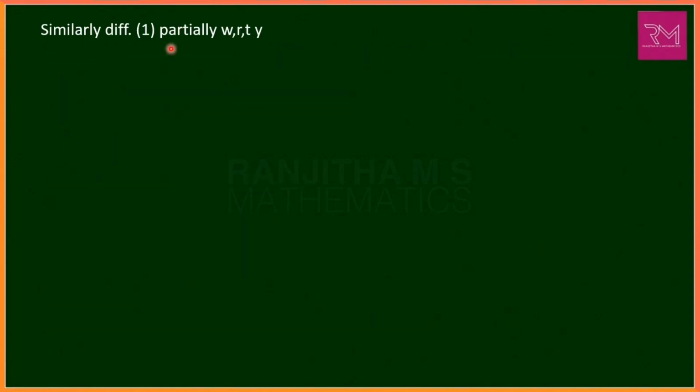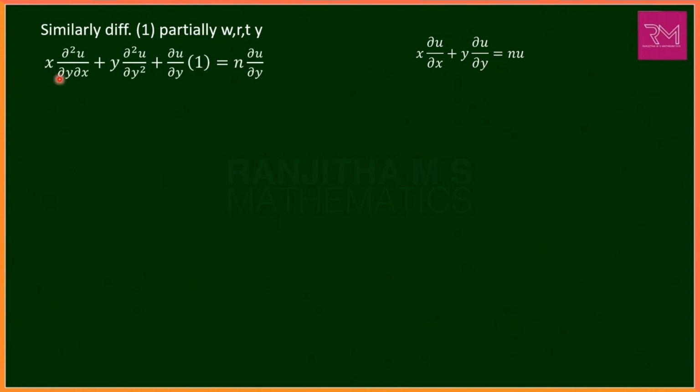In the similar way, we have to differentiate equation 1 partially with respect to y. Equation 1 is x into del u by del x plus y into del u by del y, which is equal to n into u. If we differentiate this equation partially with respect to y, x is constant, take it as it is, into differentiation of del u by del x with respect to y, which is del square u by del y into del